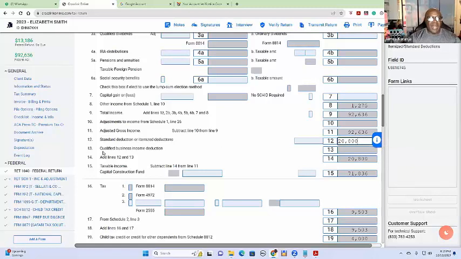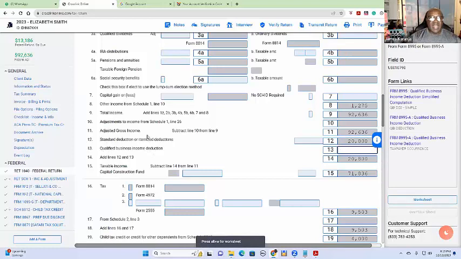Okay. So line 13 is qualified business income deduction. If they had a business, there's some qualification, there's a deduction they would have right here. So then line 14, add lines 12 and 13. They would have something else that you can add, maybe like 4,000 or something, and it would add up to